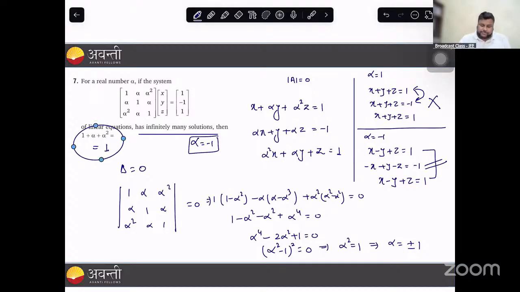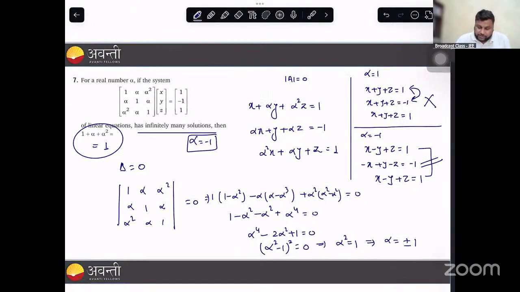Understood my point? See, this is an IIT Advanced question. So the biggest crux behind it is we should not be dependent on the known methods only. Like here, what did I do? I checked by putting the value of alpha in the equations and I got to know if there will be a solution or there won't be any solution. Understood? Well, so what we have done today